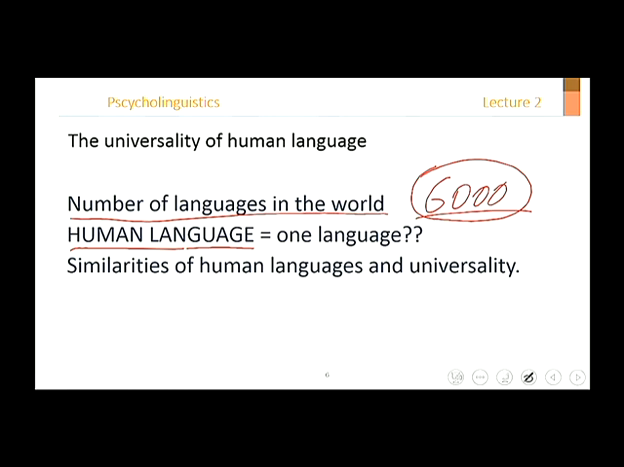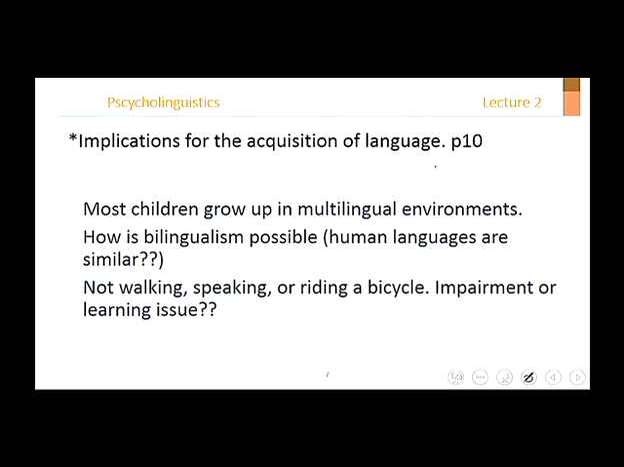All right? But there are some similarities between these languages that make language acquisition possible. Okay? So, there are similarities, and when we say similarities, I'm not referring to words. I'm not saying that in English this word sounds like this word in Arabic. No. I say similarities as in,